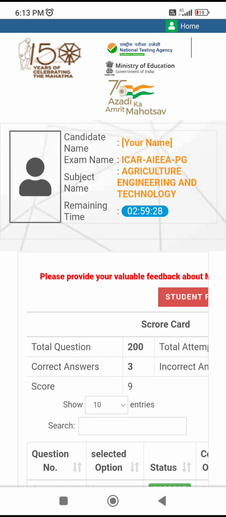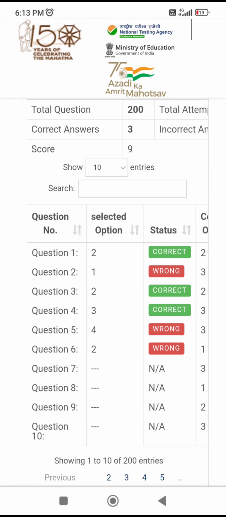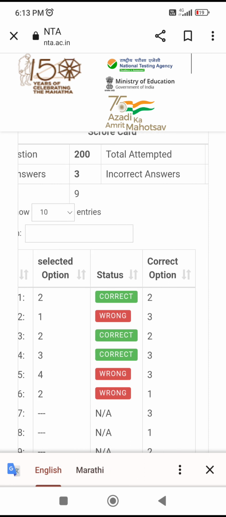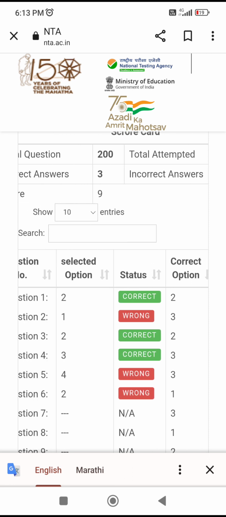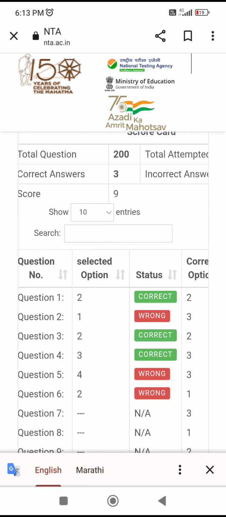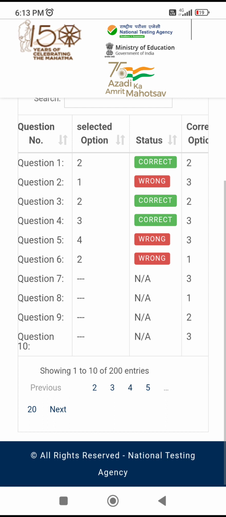Then you can view your result. See, you can check your score here. Total questions 200. You have attempted 6, correct answers 3 and incorrect answers 3. So the score is 9. So you can take experience of this mock test to get familiarized with the exam situation